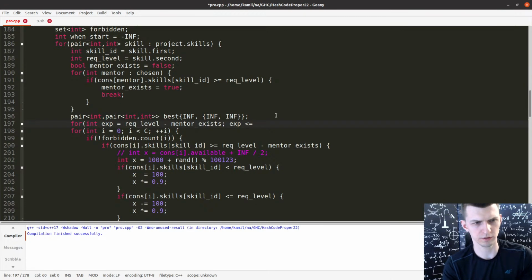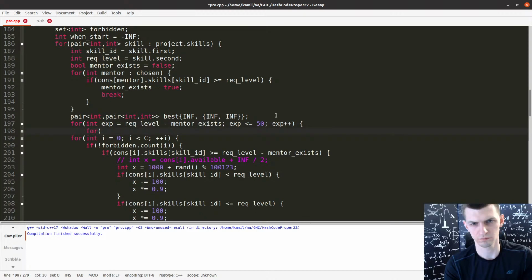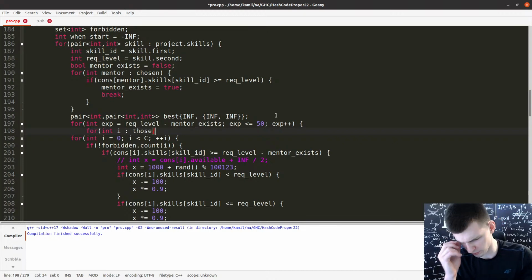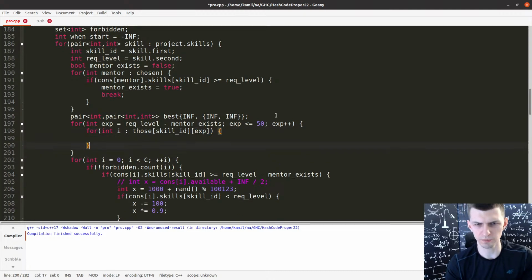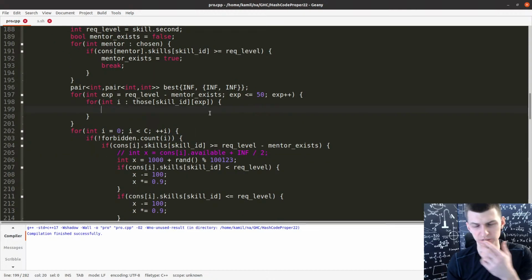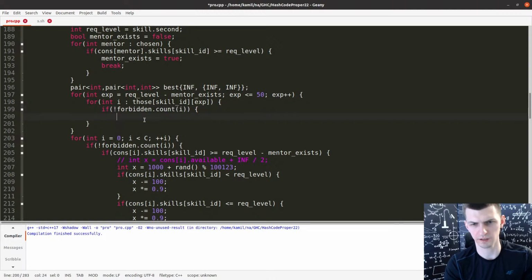I think that you will not go above 50. I want to know a set of people with exactly this experience at this skill. This will be a set. The first person I find, if you're not forbidden yet, I take this guy.